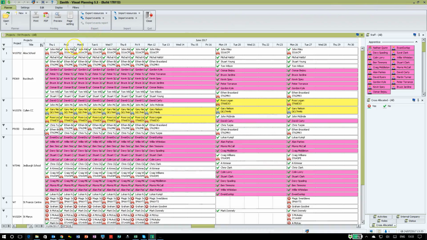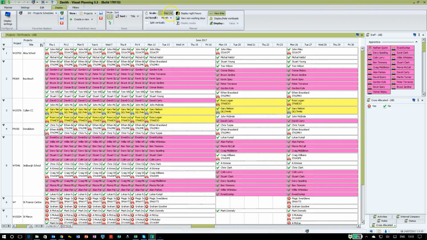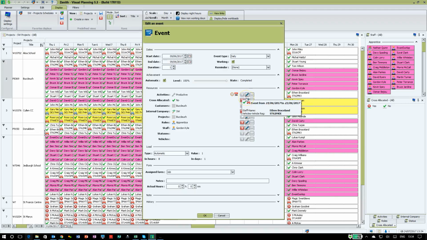So what we've tried to do in the view that we've got here in visual planning is to say that we've got exactly the same information, but now we've got it all sorted out by school down the left hand side and the project number, and then every event that you've got is put onto the day itself. So all of the things are just shown there, and you can have counts for those as well. You can have counts by workloads that summarize those as well. So if I open just one of these just at random, I've got Gordon